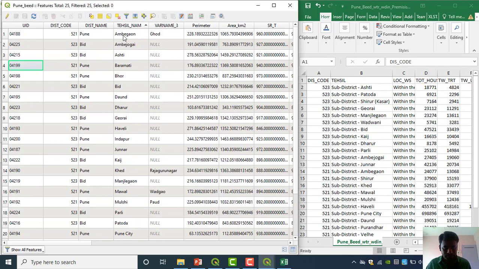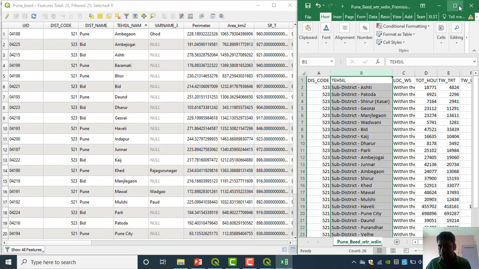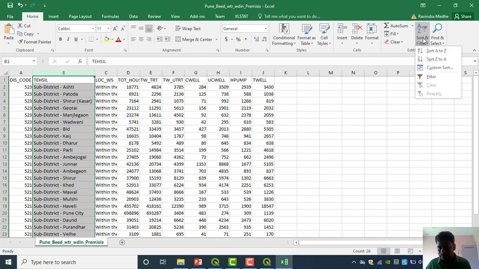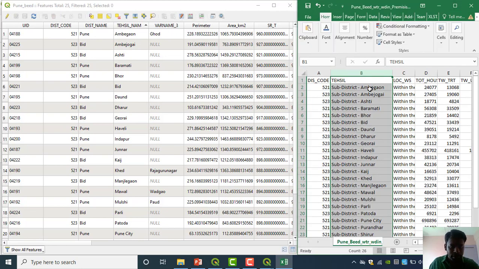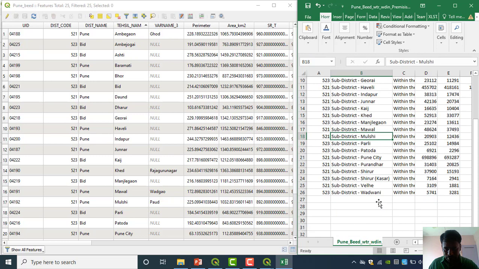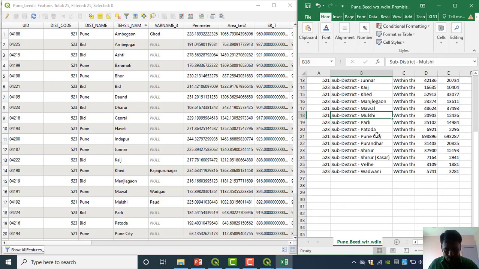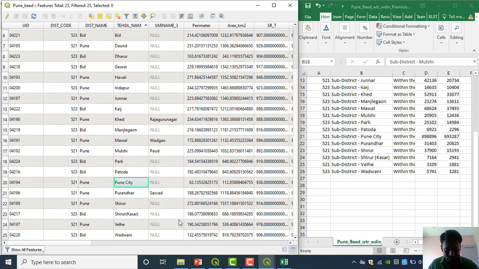We'll do ascending order again, sort A to Z. Okay, sorted. Ambegaon, Ambejogai, Asti, Baramati, Bhor, Beed, Daund, Dharur, Gevrai, Haveli, Indapur, Junnar, Kej, Khed, Majalgaon, Mawal, Mulshi, Parli, Patoda, Pune city, Pandharpur, Purandar, Shirur, again Shirur, Kasar, Velhe and Wadwani. All the tehsils are correct.